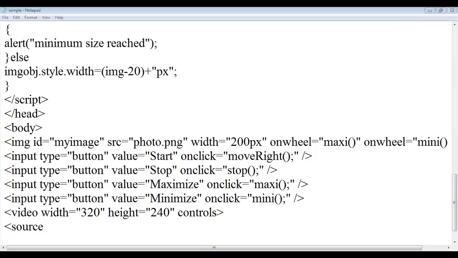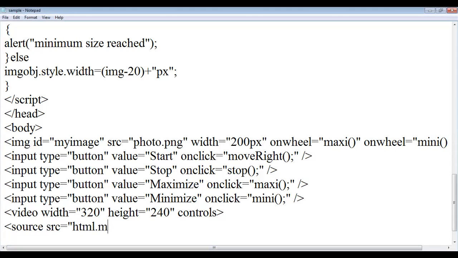And you have to use src equal to, similar to the image information. So here we give the HTML file.